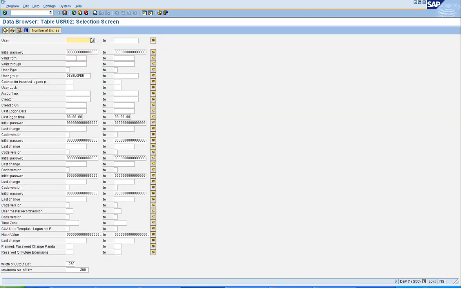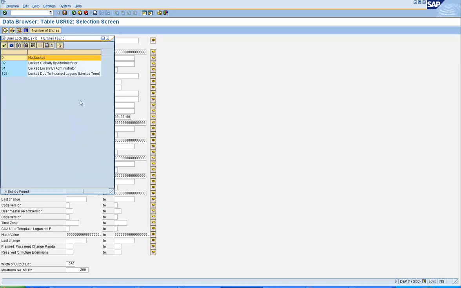For example, if you want to find out how many user IDs have been locked, then you could select, depending on the way it was locked. For example, 64 is locked by the user administrator, or 128 is locked due to incorrect login attempts.